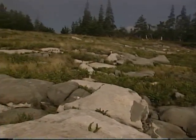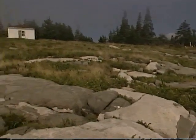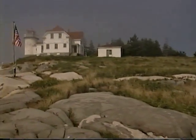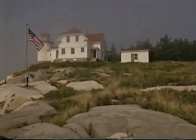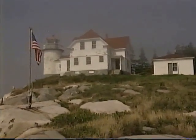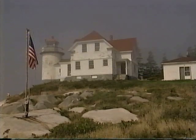People who live hundreds and hundreds of miles from the ocean, who will never have to rely on a light or a fog signal as an aid to navigation, they somehow get what lights are all about. I think that lights really speak to vigilance, they speak to caring, they speak to being there, helping other human beings. That's the symbolic